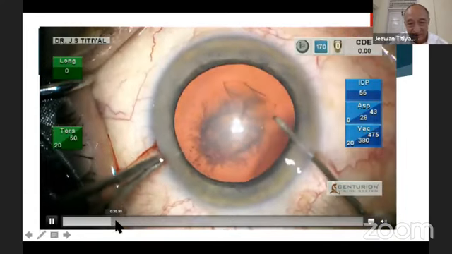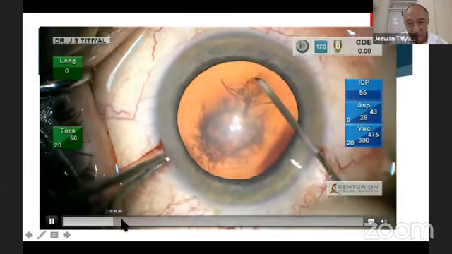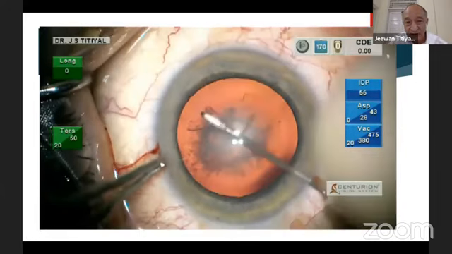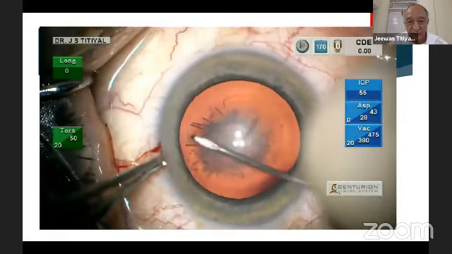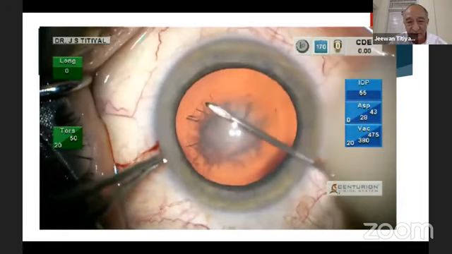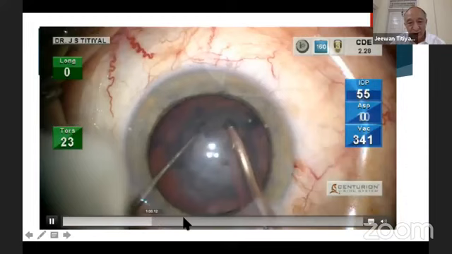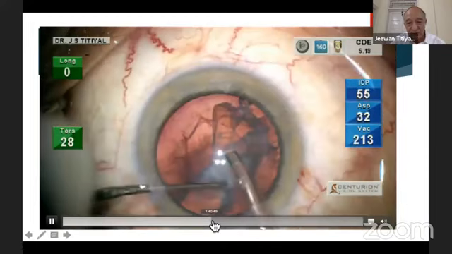Unlike the other lenses where the rhexis can be a little smaller, because they came out with the iSert 251 earlier, which was a little smaller in diameter. The rhexis size had to be a little smaller in those cases. The phaco can be completed. Let me just show you the insertion of a lens here.